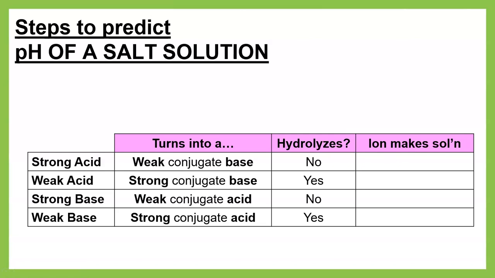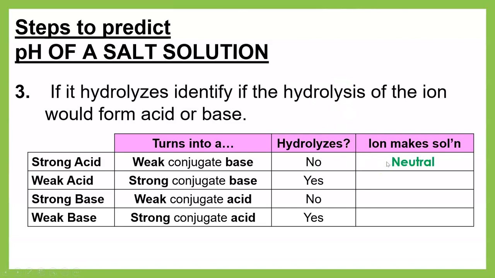So here's one more chart. We're going to have lots of charts for this lesson. Our strong acid turned into a weak conjugate base, and that ion is not going to hydrolyze. So that ion's contribution is not going to have an effect. It's just going to stay neutral. A weak acid results in a strong conjugate base forming. It is going to hydrolyze because it doesn't want to be all by itself. It wants to go take back a hydrogen, right? And when it rips a hydrogen off of a water, we're left with hydroxide,